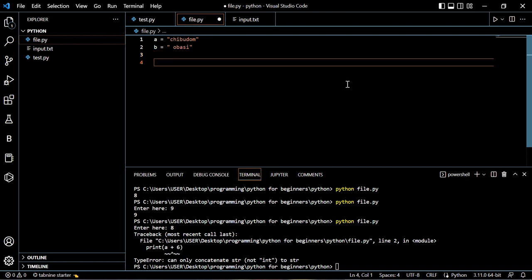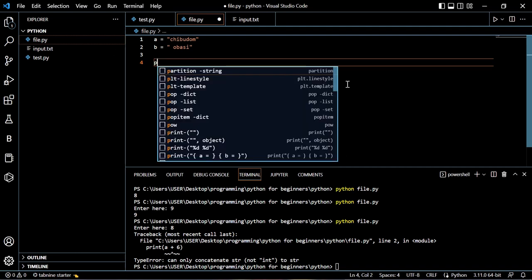And now we want to print it as one name. So the way to go about that is to call... I don't know how to pronounce any word. It's not my fault. But that is basically adding A and B to join them or fuse them as one word. So we're going to print